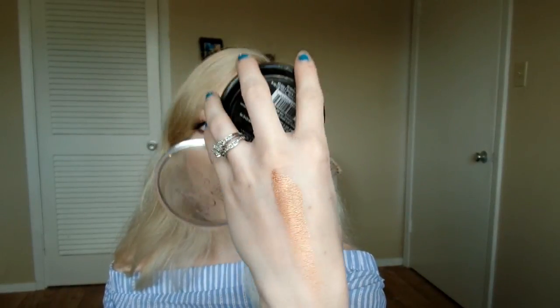I used this in a tutorial. I think it was the Ali Raisman tutorial. I'll leave that one linked down below as well. But I really love it because A, you can use that as an eyeshadow and it's going to be amazing. And B, I really love using this with a fan brush and taking it here and then bronzing up my